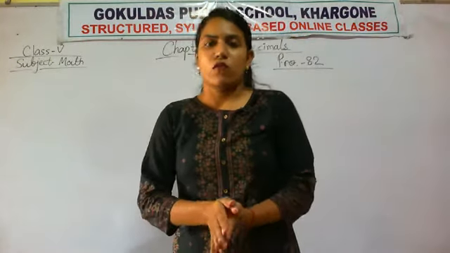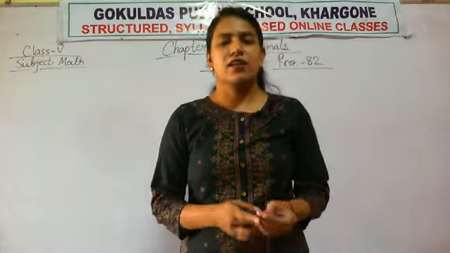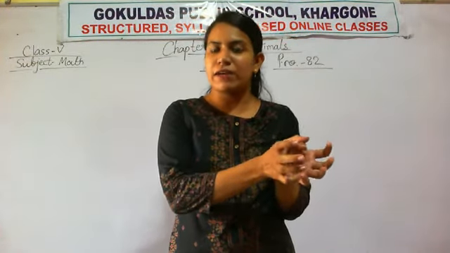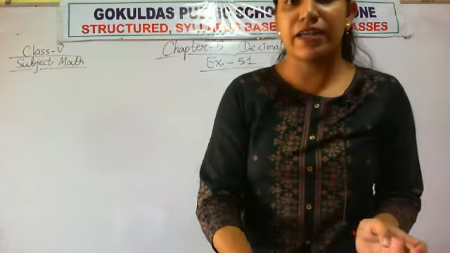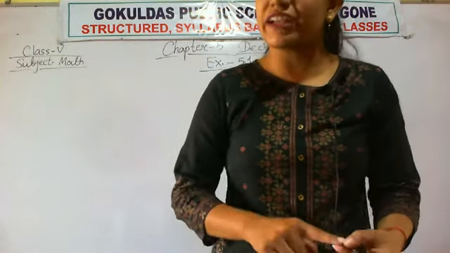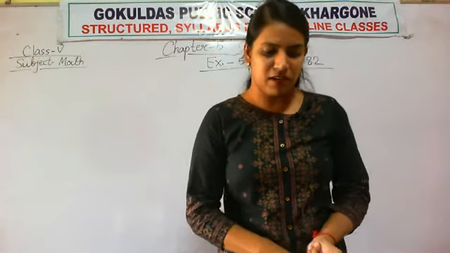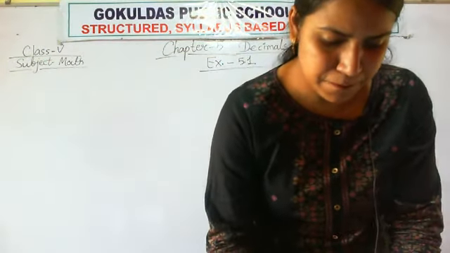So we have discussed what a decimal number is, which digits are the whole number part in a decimal number and which are the decimal part, and how to read a decimal number. We have learned how to read and write a decimal number. Now moving further.